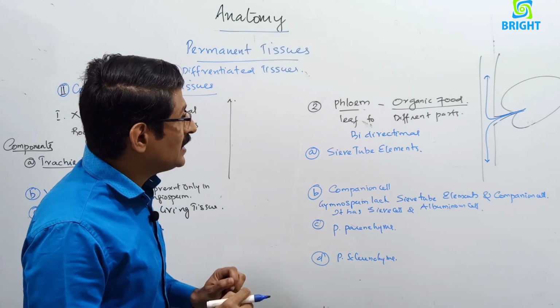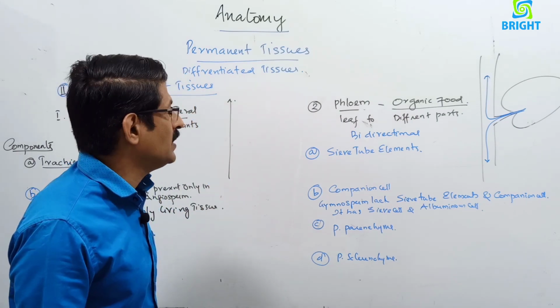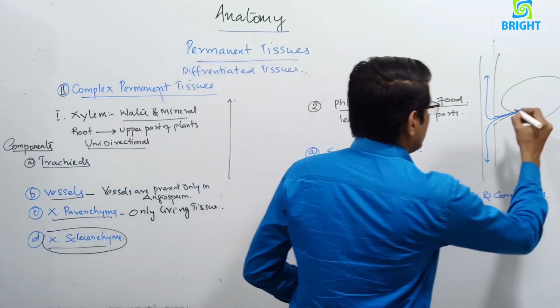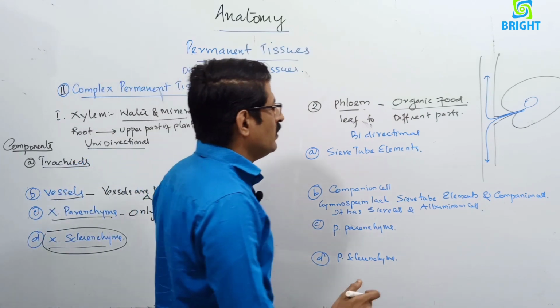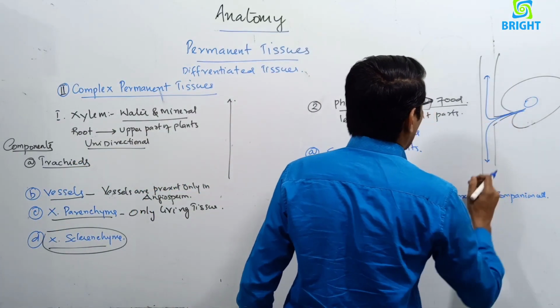So the direction is bidirectional. The leaf synthesizes food material through photosynthesis, and that photosynthetic product is transported to different parts